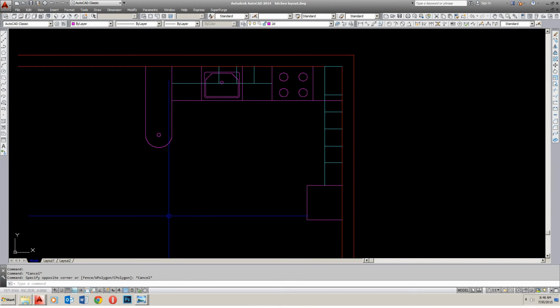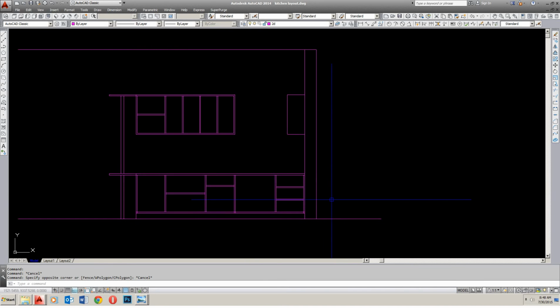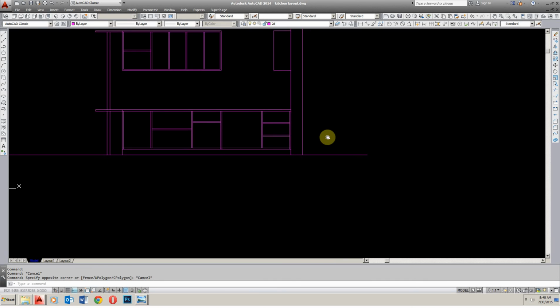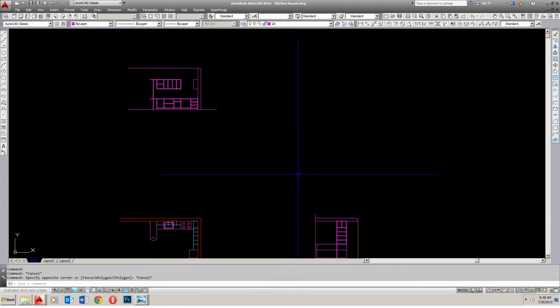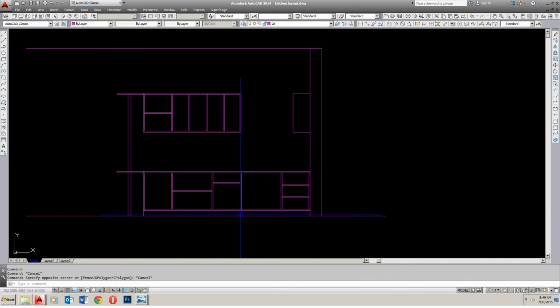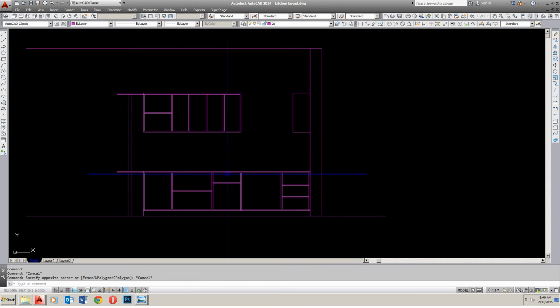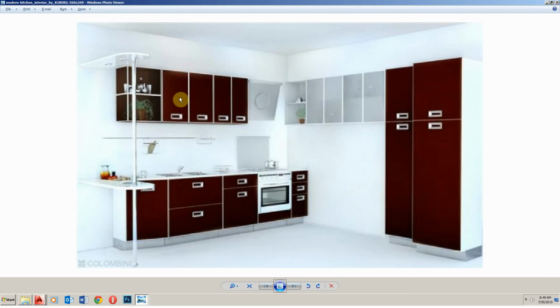Okay, to begin, let's do some elevations also. You don't have to be super accurate. Just look at that image and then copy as much as you can. Okay, as you can see, we have 2 drawers there, a tiny drawer there, and 3 drawers there. See, 3 drawers there, tiny drawer and 2 drawers, and all